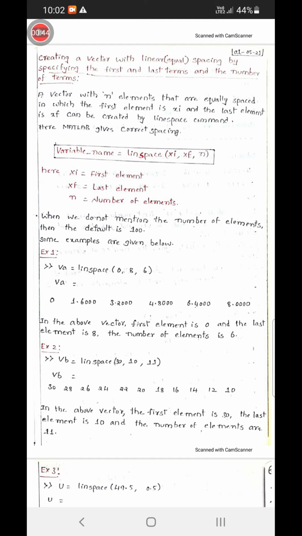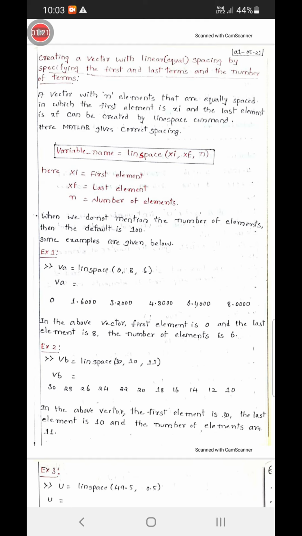Okay, so the heading: creating a vector with linear equal spacing by specifying the first term, last term, and the number of terms. So we can create this by specifying the first term, last term, and the number of terms.